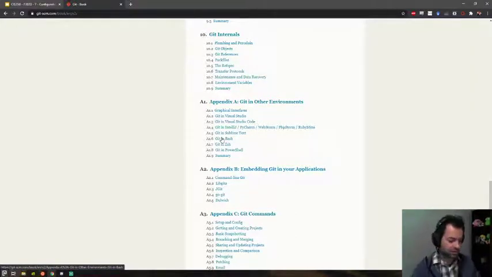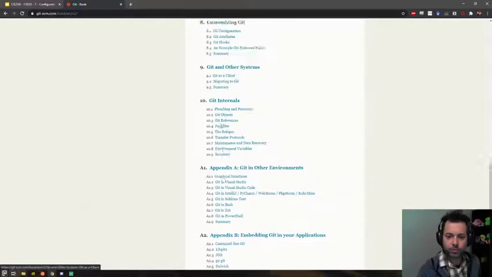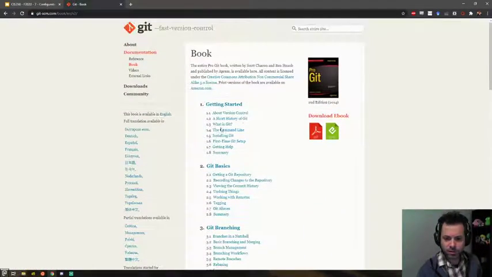If you start searching for Git-related help topics, like you Google it or Bing it, you're probably going to get redirected here at some point, so I just figured I'd point it out.